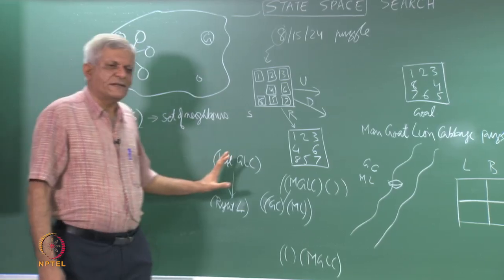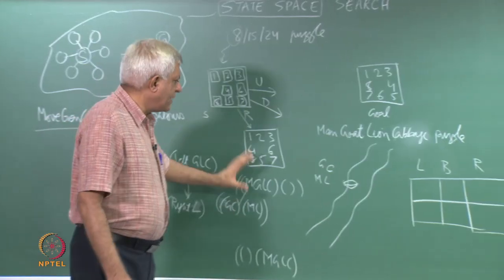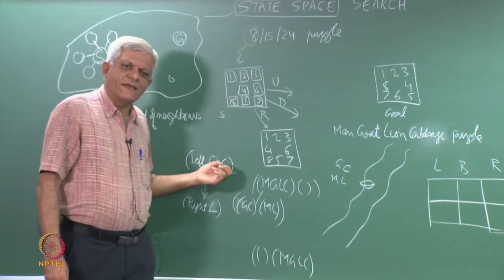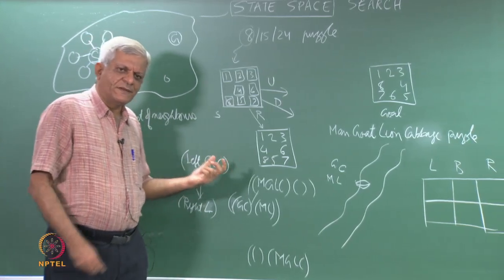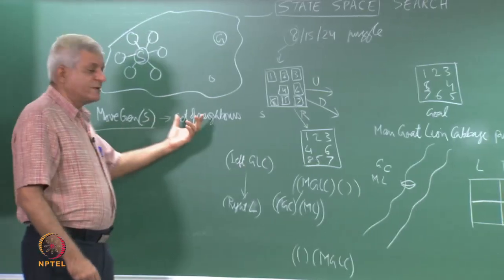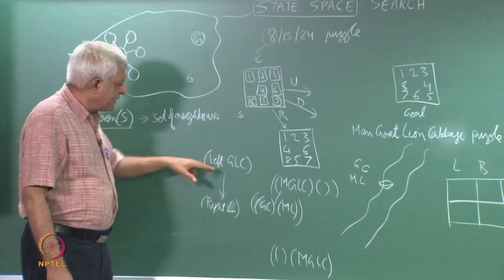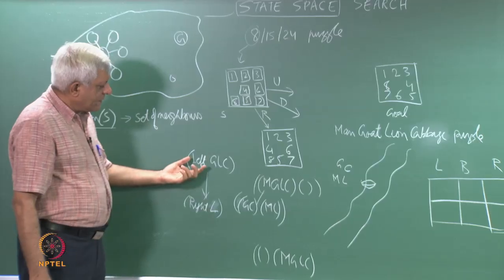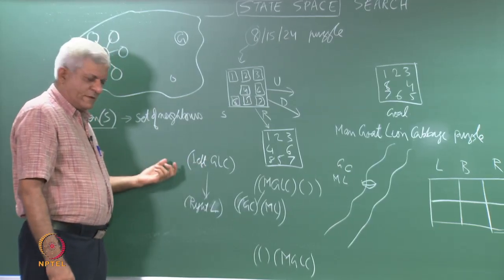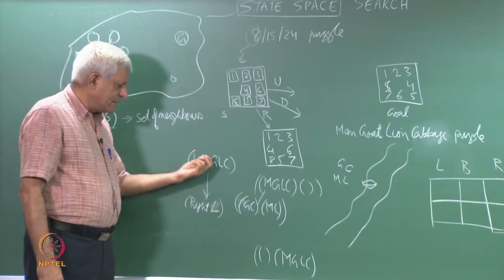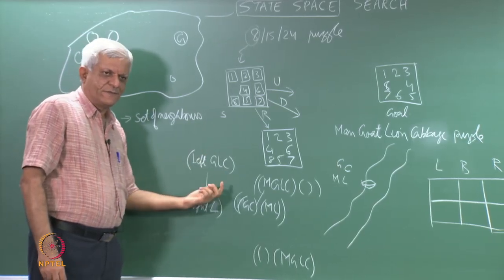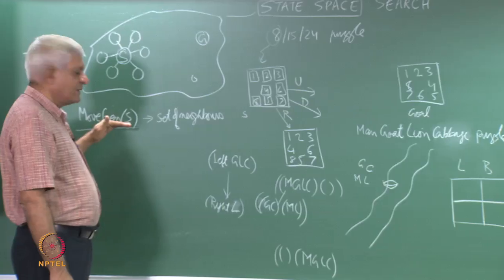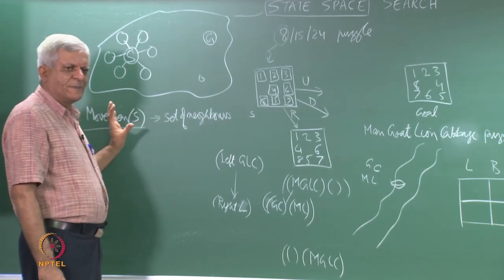So, I would leave it as an exercise for you to try out different representations for this and actually write a program which will take a state as an input and return the set of neighboring states as the output. So, there are 3 moves possible in this case. In fact, there are 4 moves possible. The man can go alone, or the man can take the lion, or the man can take the goat, or the man can take the cabbage. So, it should return these 4 sets as my output to the function,